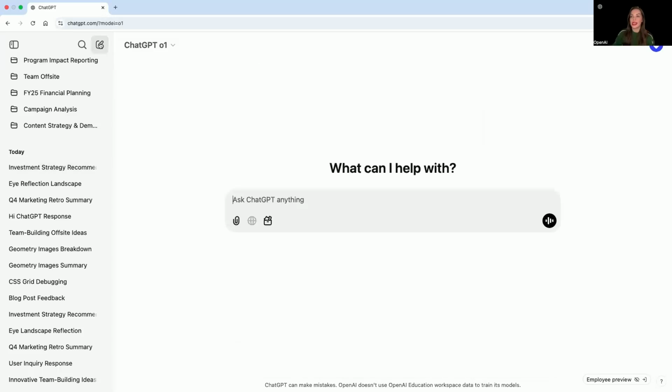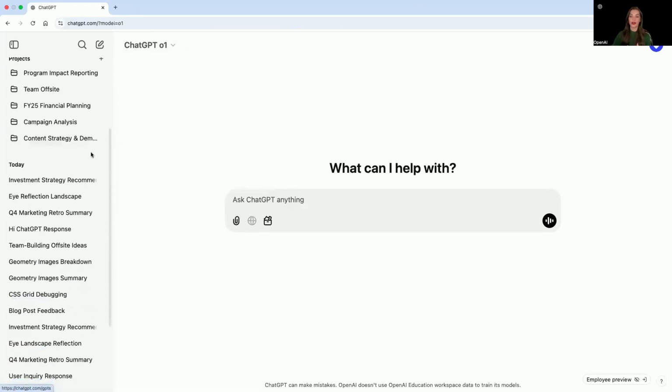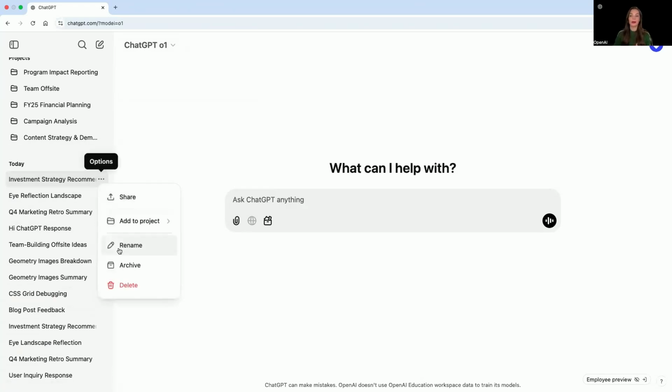Okay, let's talk about the interface briefly. So we've spoken about the chat window, and we've spoken about adding prompts. And we're also now clear that when we come to the model selector at the top, we can identify the model that we would like to interact with based on the task in hand. One thing to note is that on the left-hand side, all of my chats are stored. So if I ever want to go back and re-engage in a chat, I can. And I also have the ability to rename a chat, delete a chat, or also add a chat to a